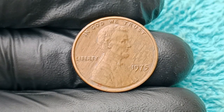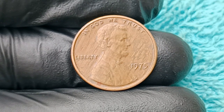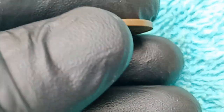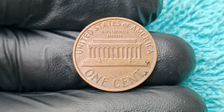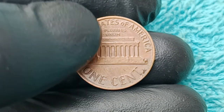to the state of the US Mint during the mid-1970s, a time when the country was undergoing numerous changes politically, economically, and even technologically, and the Mint was no exception. Facing increased coin demand, outdated equipment, and pressure to streamline production while reducing costs, and all of this led to